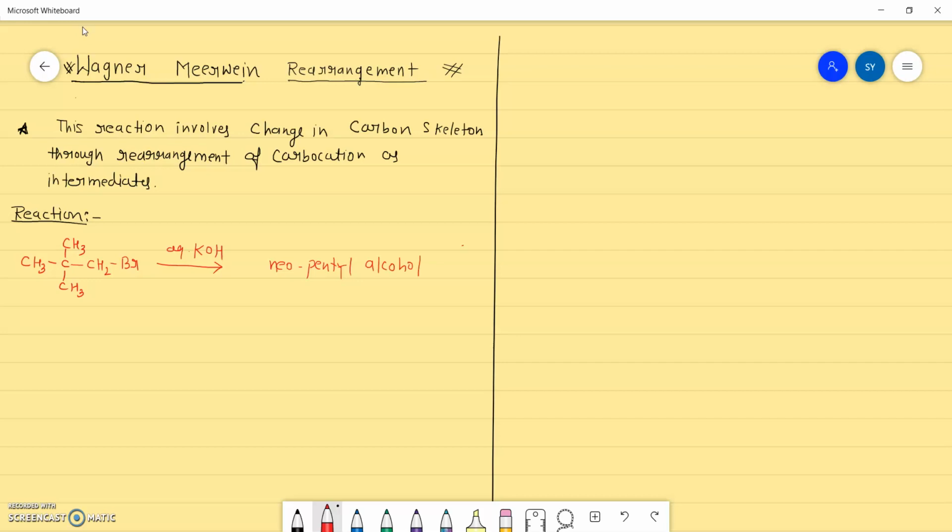This is the expected product, but we don't get this. We get something else. See the mechanism, and then I will give you the product. Now there is going to be the loss of leaving group. So Br minus will leave the system, and we are getting something called a primary carbocation, CH2 positive. So this is the primary carbocation. Now there is a possibility of tertiary carbocation if we do methyl shift,